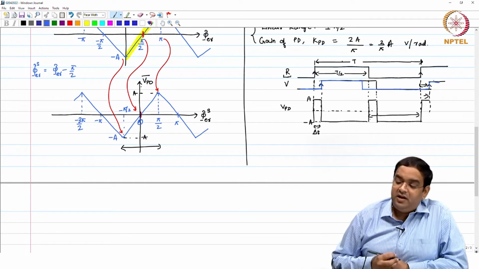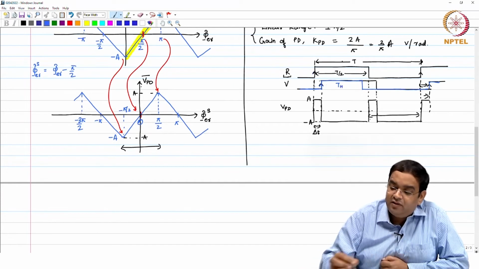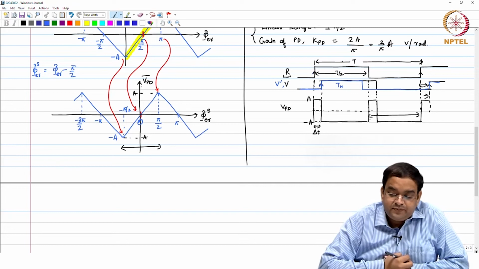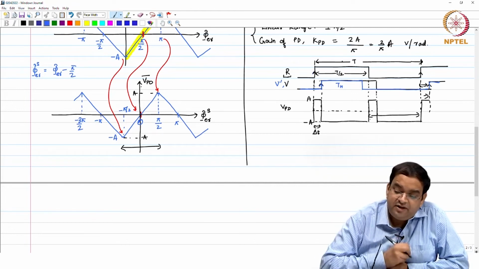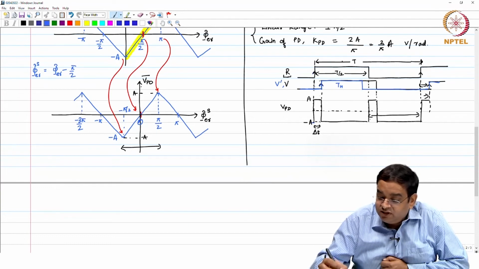Okay. So, in place of having the high time of T by 2, it has a high time of T_H. I will just write this with V dash. What happens if you have high time of T_H? Well, the output which you see here, the actual phase error between these rising edges, still remains the same, but what you are going to see at the output of the phase error detector, this is fine, and